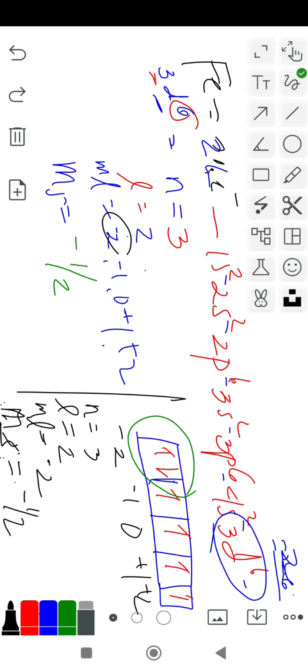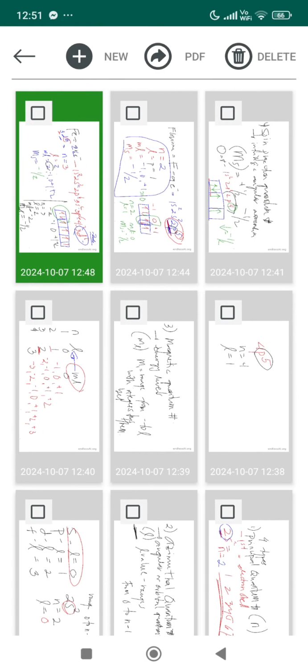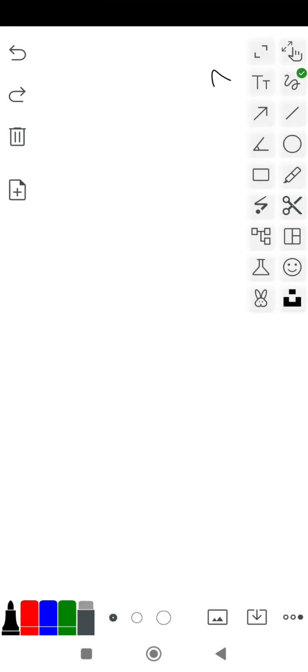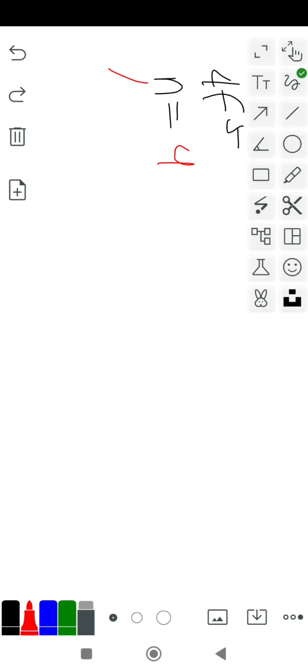Okay, is it clear? Okay, the last example. What if we have 4f5? N is equivalent to 4. Next, L is equivalent to 3. The shortcut is you just subtract 1 from the principal quantum number, which equals 3. That way you will get the azimuthal quantum number. That is the shortcut in finding the L.